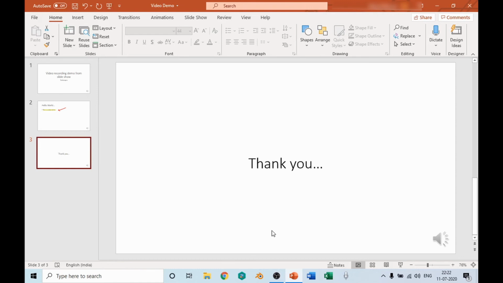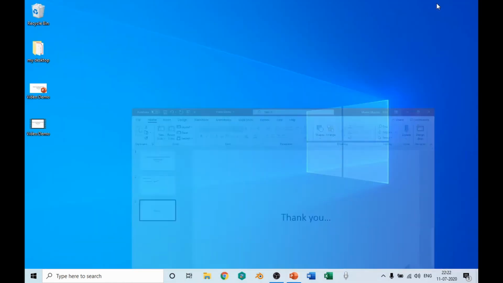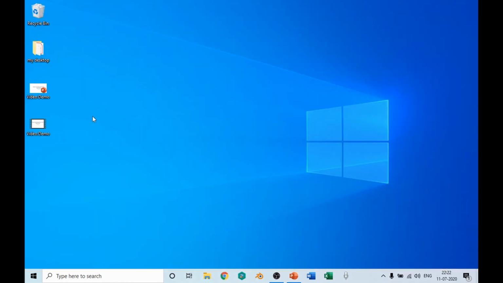Okay, so at the bottom you can see that the video conversion process is complete. Now let us minimize this particular window, and on the desktop you can observe that two files are clearly visible. One is the original PowerPoint presentation file, and the second one is a video file that has been created just now, right?